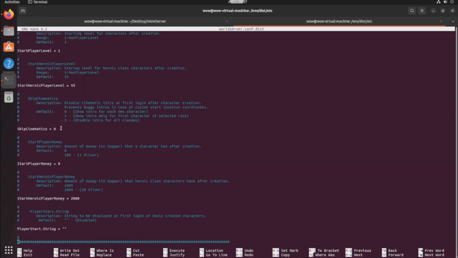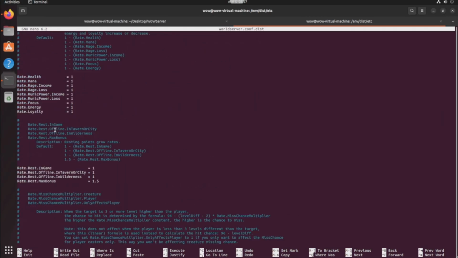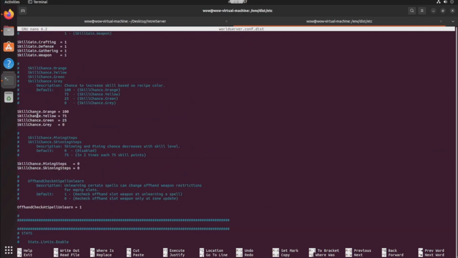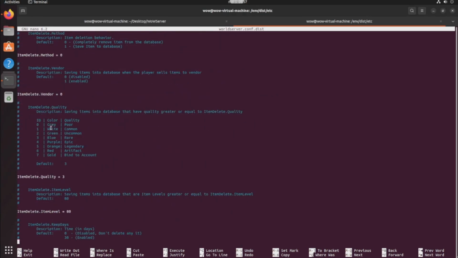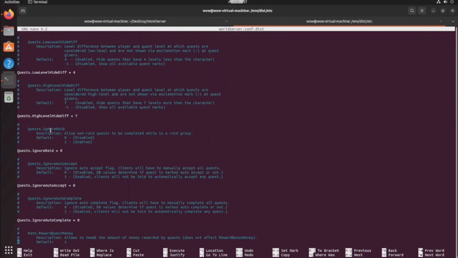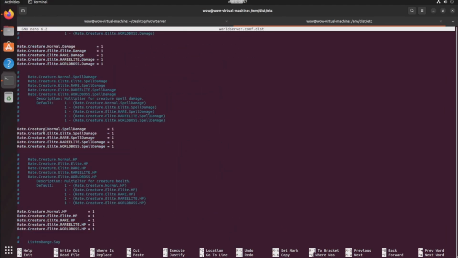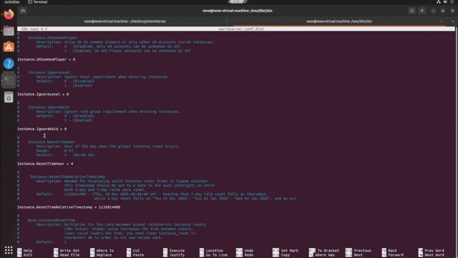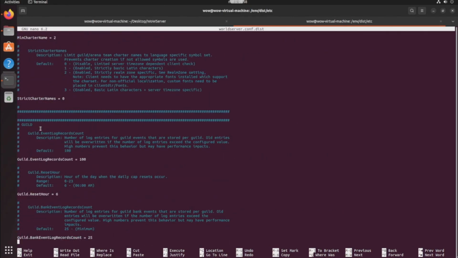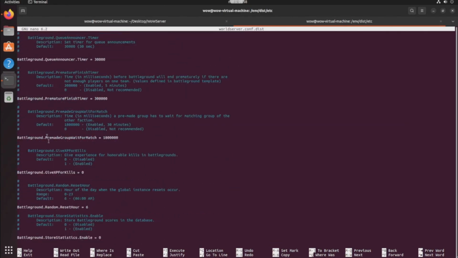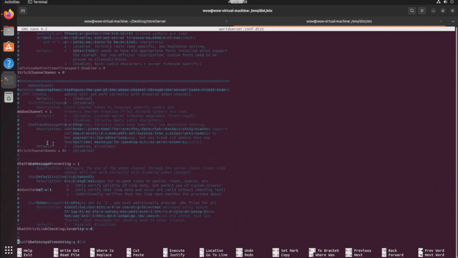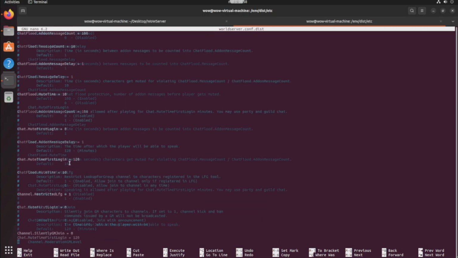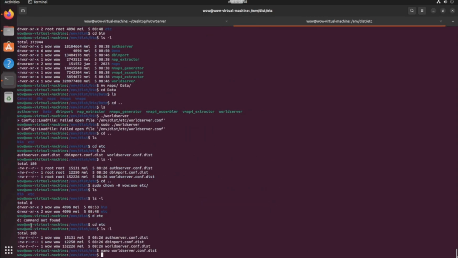This is disabling characters. These are the rates. These are the important parts that you should be aware of. The skill chances, and pretty much anything and everything that you want. Your deaths, I'm just running through stuff. Your quests, rewards, and your bonuses. There's so much in here. You could spend over 3 hours just modifying it to tune how you want to do things in your server. Now, when you do modify it and you decide, hey, I'm finished, you do Control X, press